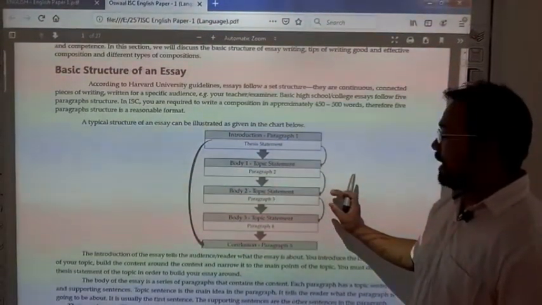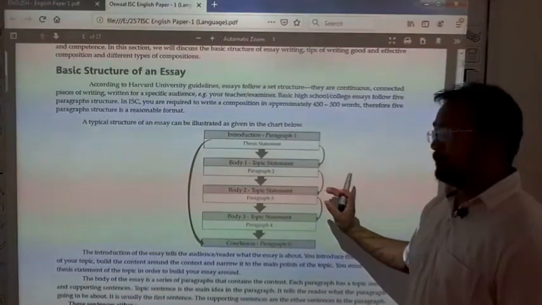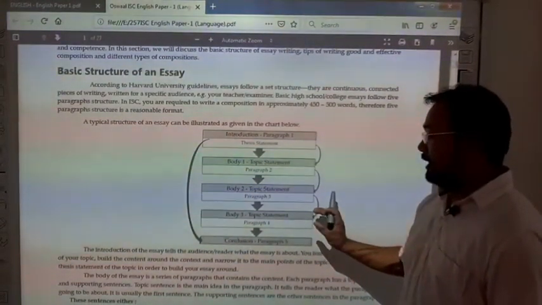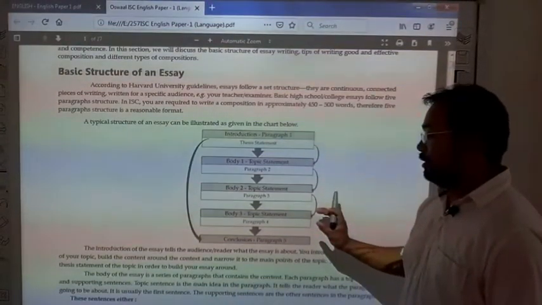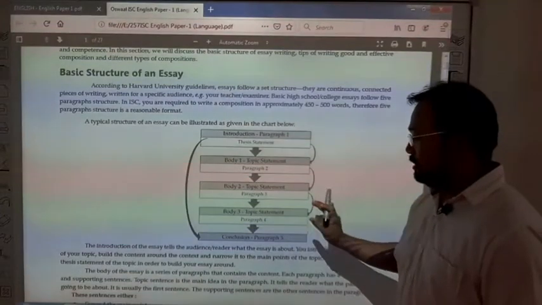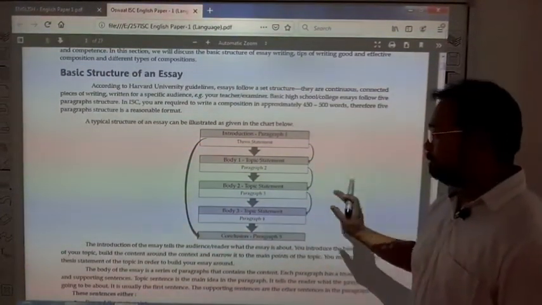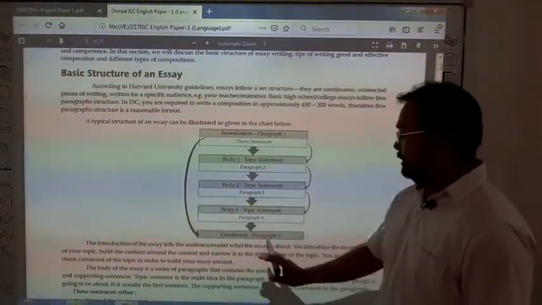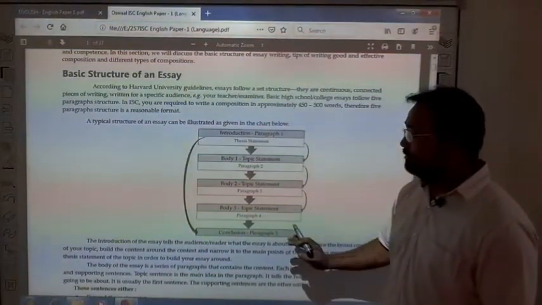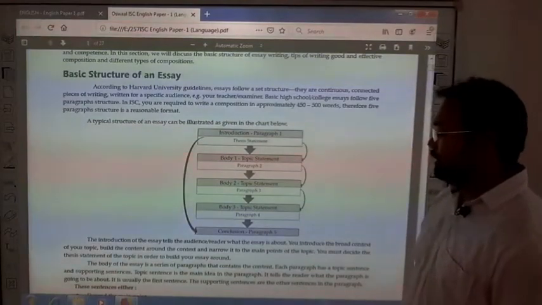Body 2, that is the third paragraph, you will answer the topic statement only, what the question has asked. Body 3, that is again paragraph 4, you will answer the topic asked in the question. Now the last one is conclusion, that is paragraph 5. So you will end up writing the conclusion. Okay,